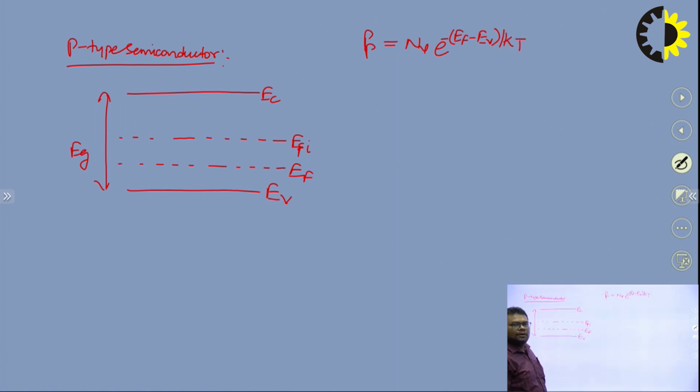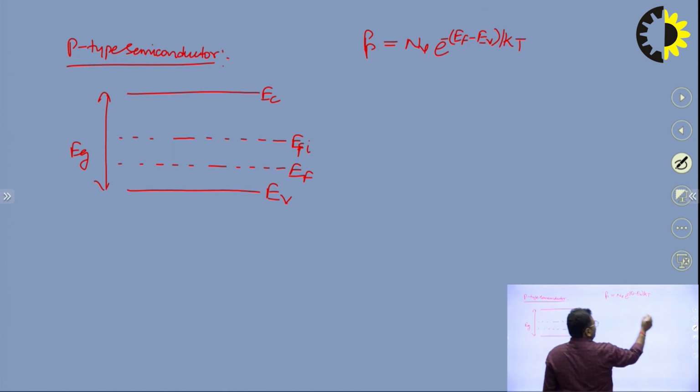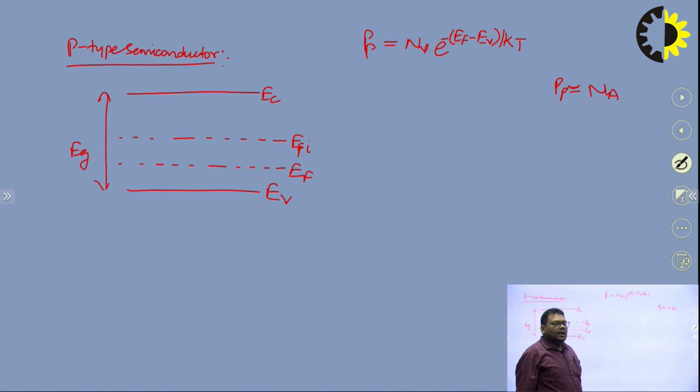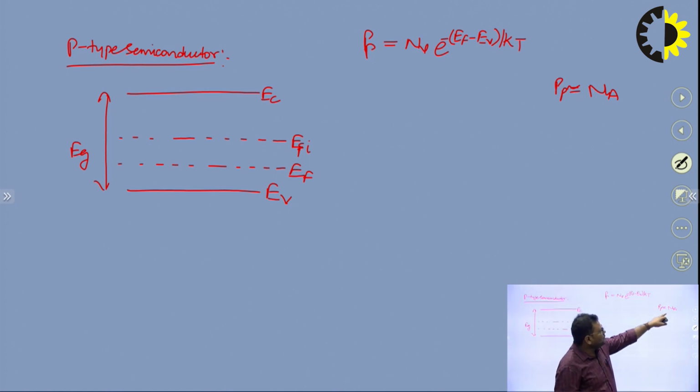So this is the concentration of holes. Again, this Pp can be written in the form of Na. This Pp will be approximately equal to Na. Why? Because what is Na? Na is the concentration of acceptor atoms. These acceptor atoms are responsible to make holes the majority charge carrier in the p-type semiconductor. So that's why we are writing Pp is equal to Na, or this relation can be proved by using the